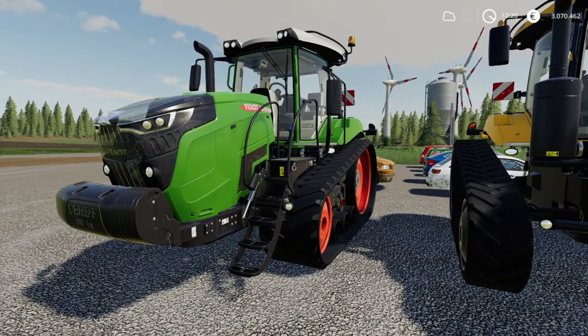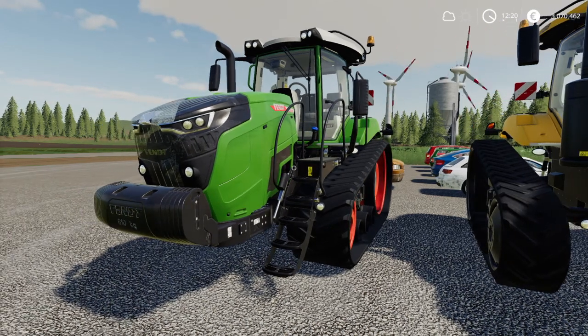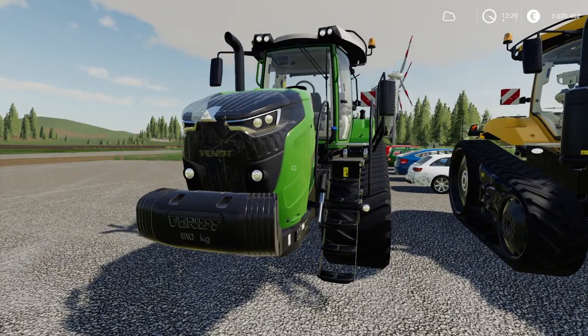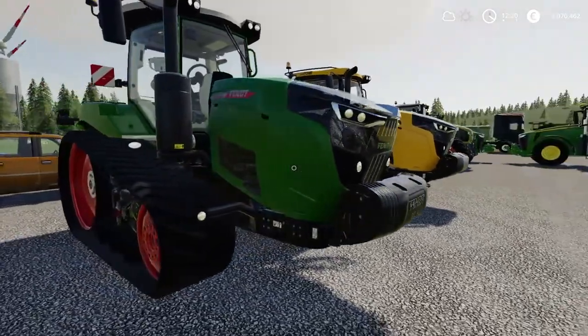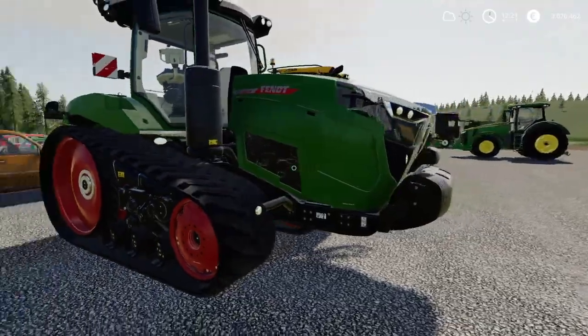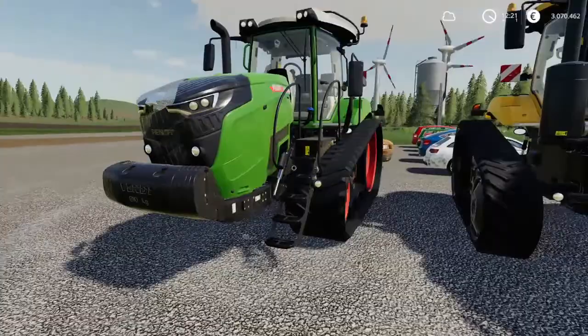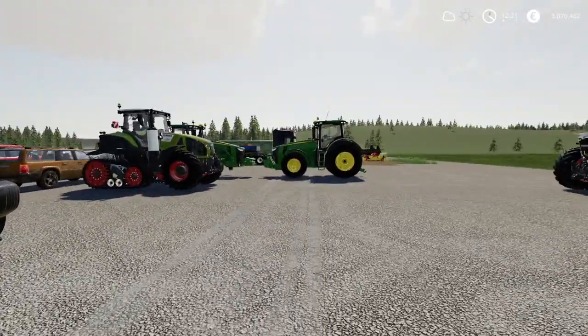This is the Fendt 938 MT, 380 horsepower, 395,000 euros to buy, so 1,093 euros per horsepower. Yeah, I mentioned the weight. Basically, that's it. That is what you can tell about this tractor, and that is it for today's